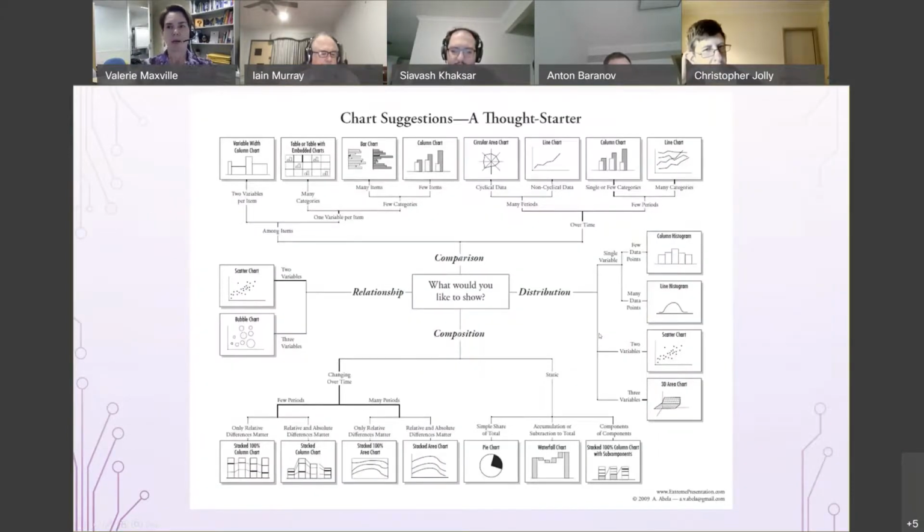Okay, so when we've got our data, most of the tools, particularly with Python, with Matplotlib, you can go through and plot your data with many different formats. So this chart is a really good one to have if you're trying to decide what type of plot would be appropriate for the type of data that you're looking at and the type of insight that you're wanting to get. So if you're doing a comparison between values, you might go for your regular bar or column chart. You might look at a circular area chart,